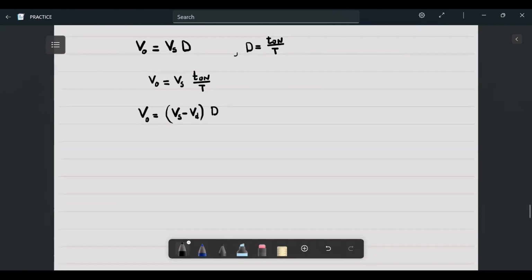Now what will be the output voltage? The output voltage will be equal to 220 minus 1.5, times D, where D is 0.8. Make sure I convert it to decimal. Don't use percentage here. So what do you get when you compute that? If I get my calculator here, I put everything in, I'm getting about 174.8